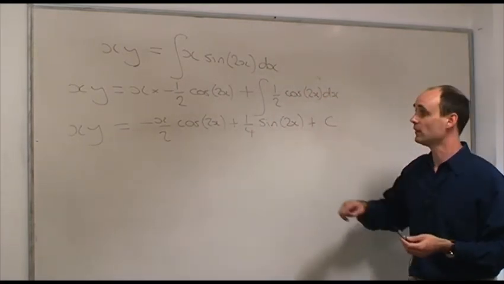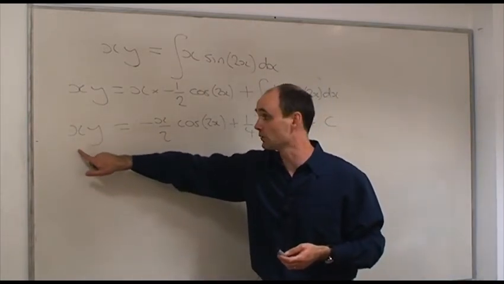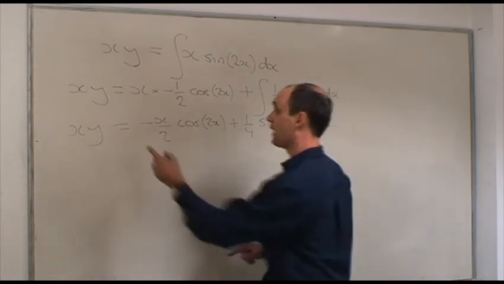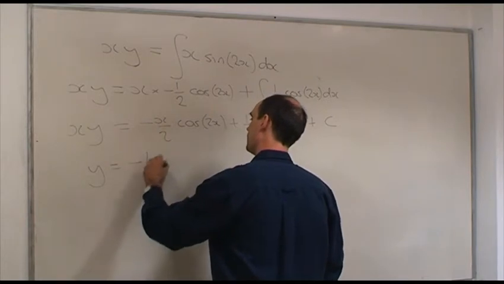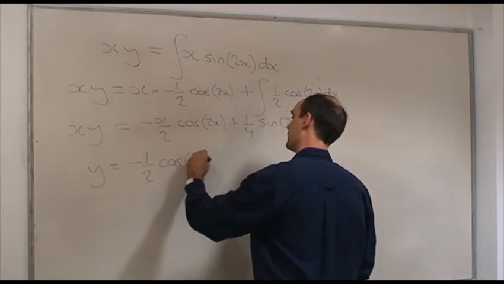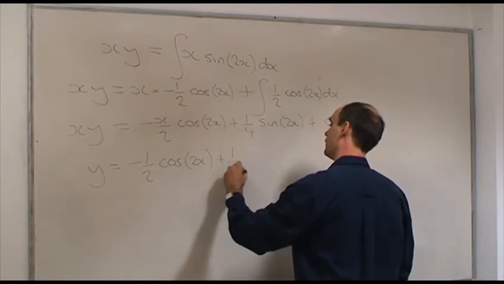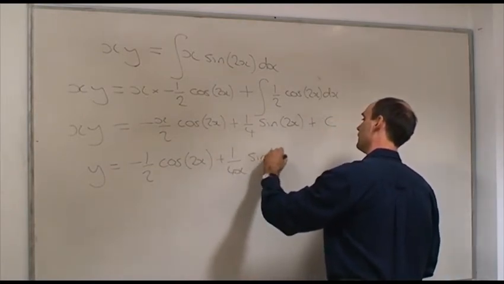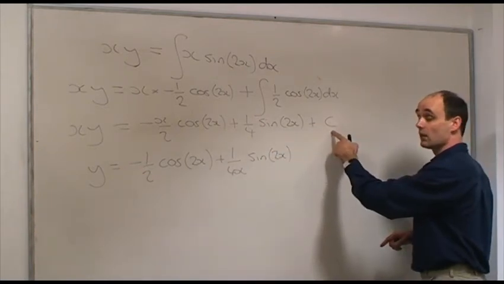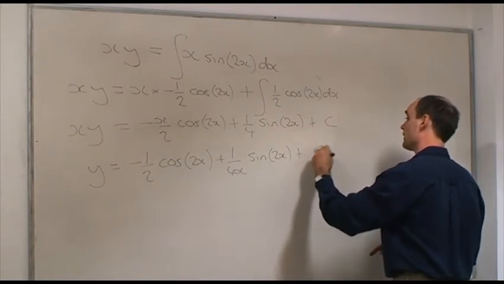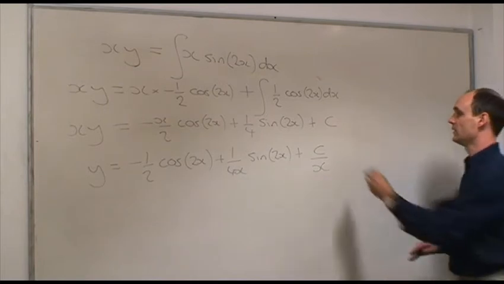The final thing we need to do is divide through by our integrating factor, and our integrating factor in this case was x. So we divide through by x, we get y is equal to minus a half cosine of 2x. We divide this through by x, we get plus 1 over 4x times the sine of 2x. And then we need to divide our integrating constant through by the integrating factor, so that's plus c over x. And this is the general solution